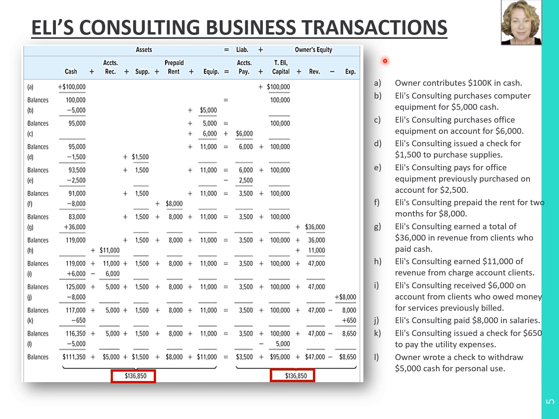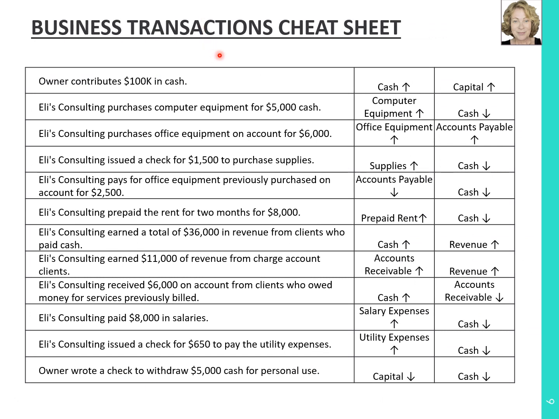There are a limited number of transactions that occur all the time, over and over again, with some variations, of course, in terms of amounts and details. But the basic concepts are the same. So think of this as learning the vocabulary of a foreign language. There's no need to struggle with these basic transactions. Write these transactions down and refer back to them as you complete your homework problems. This is what your cheat sheet might look like, and you can continue adding more information to it as we learn about debits and credits.